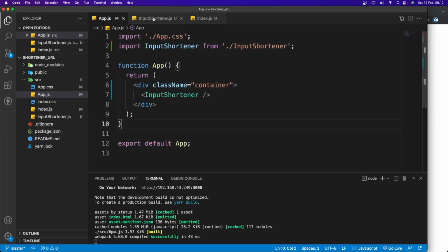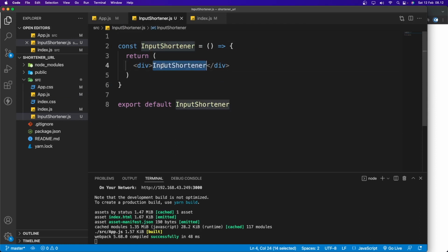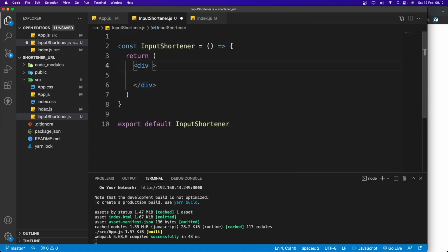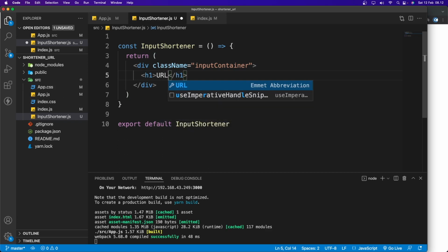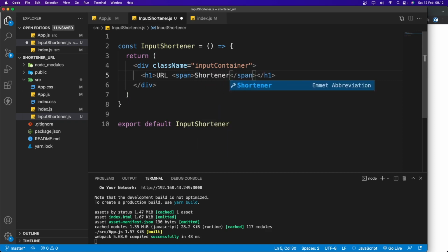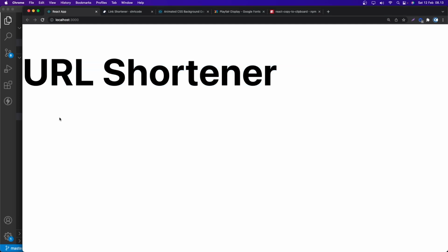Cool. So now let's go to the InputShortener component, and I'm going to remove this text, and let's add the class name set equal to input-container, and inside this input-container I have an h1, and this h1 basically has the text URL, and inside the h1 I'm going to add a span, and let's say Shortener. Save. Let's see in the browser, we should see this URL Shortener. Cool.